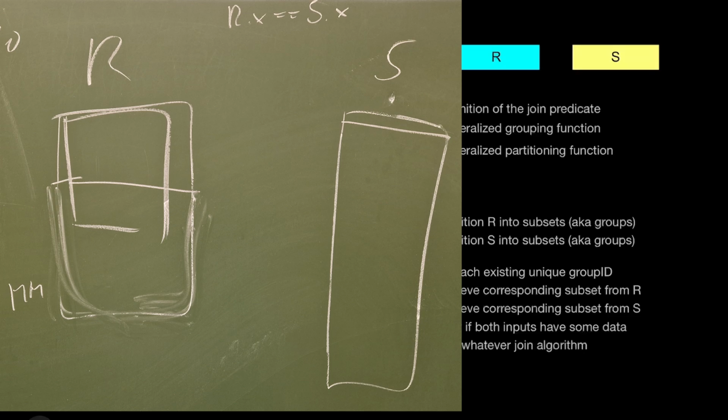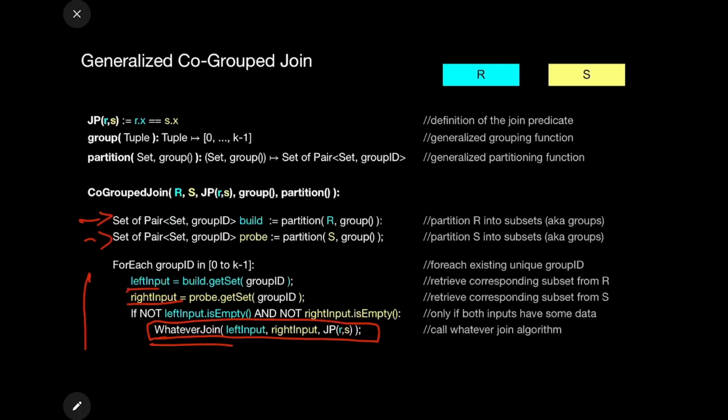However, in this situation, R fits into main memory, but S does not, or even if S fits into main memory, not both of them fit. That doesn't work. But if one of the relations fits into main memory, I can use simple hash join, because I can build a hash table on R and I don't have to keep all of S in memory at the same time. We will get to that with many slides on pipelining, but even if you look at the algorithm, if we go back,